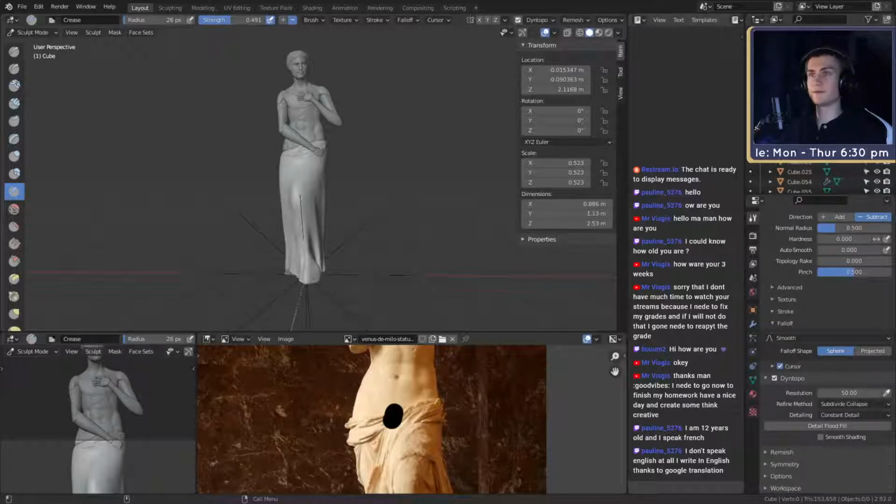Let's pull them up. First one, where's the other one? Oh, there it is. Perfect. Oh, that's a small image. Okay, perfect.